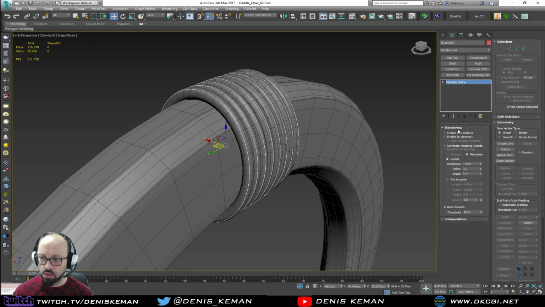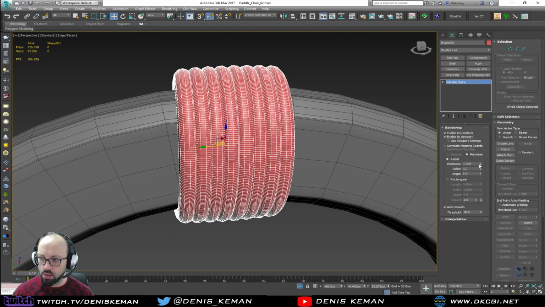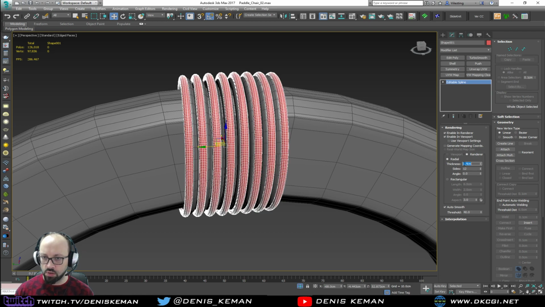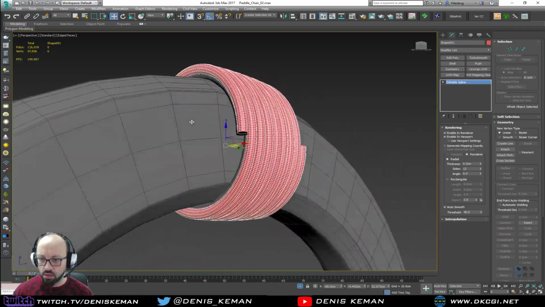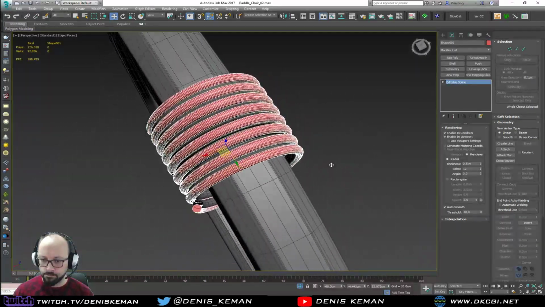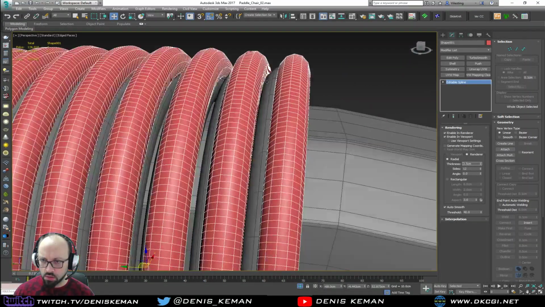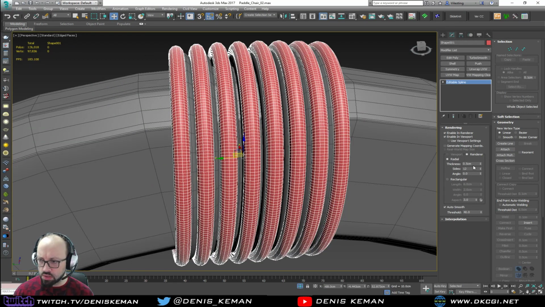Delete this, rendering, enabling viewport and renderer. Now decrease the thickness to 0.3, 0.4, 0.5. Yeah, 0.5 is fine. All right, so this is going to replace what we have here. But before I do that, what I want to do is make sure that I have at least a bit